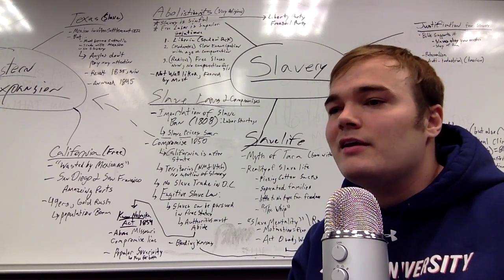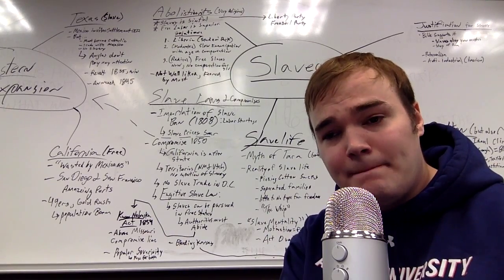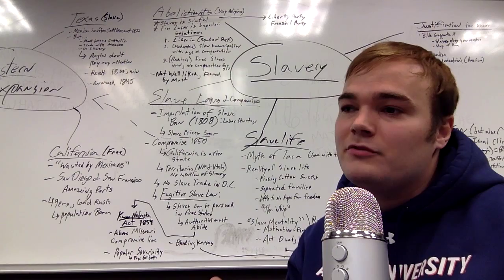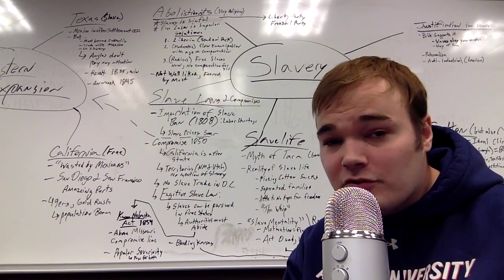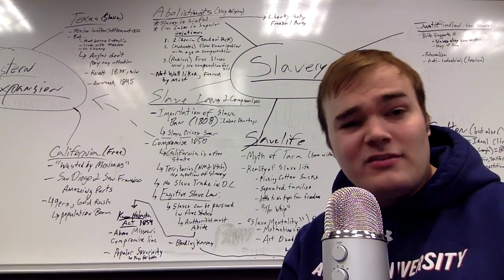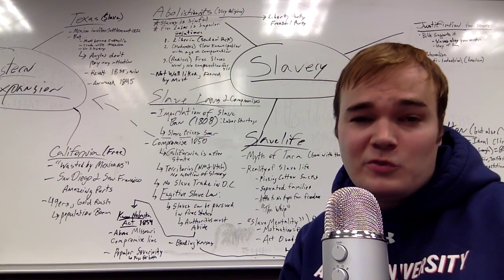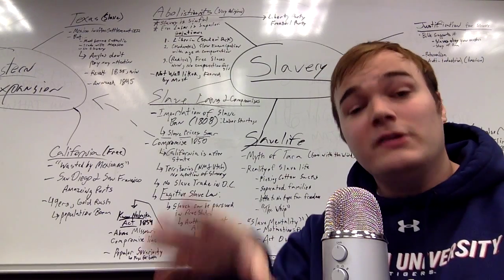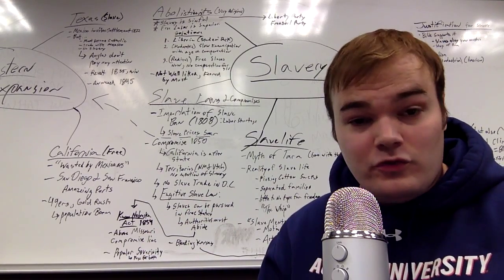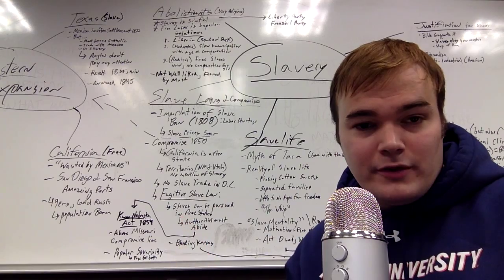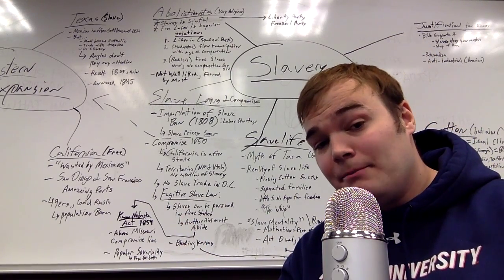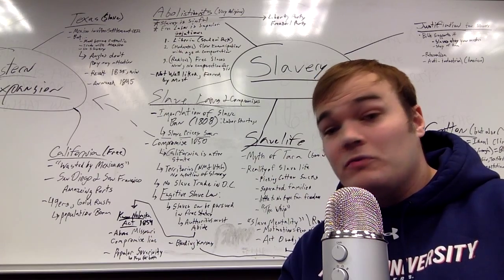Also, we're going to say, hey, the slave trade that we have in D.C., we're going to stop that. It doesn't look good when foreign dignitaries come to the White House and they see slave auctions going on the front lawn. Finally, there's one last thing, and this is the thing that's really going to piss off folks in the North. This was put in to please the Southerners. Basically, it's what's called the Fugitive Slave Law. It's going to be right there. Fugitive Slave Law. Basically, it says slaves can be pursued in free states.